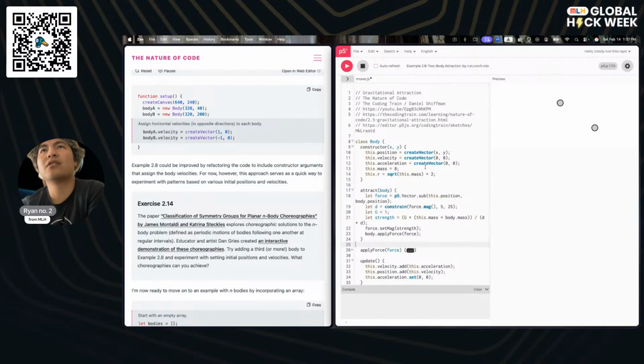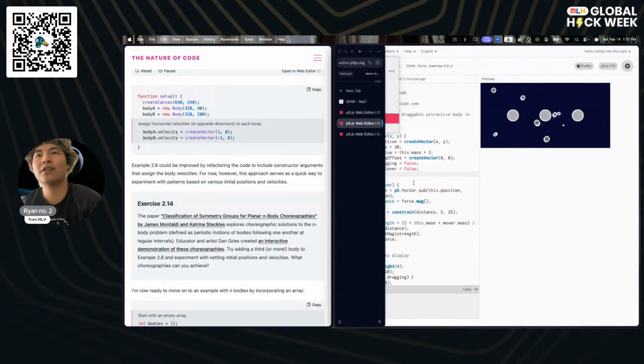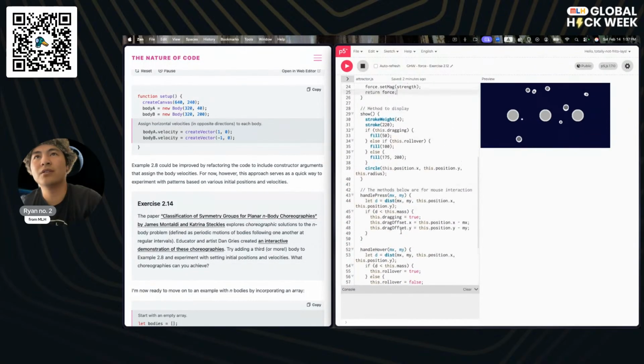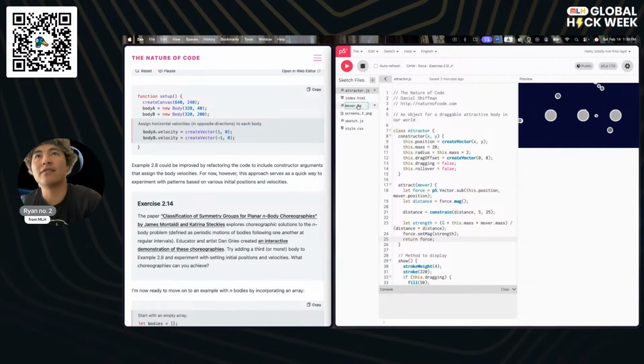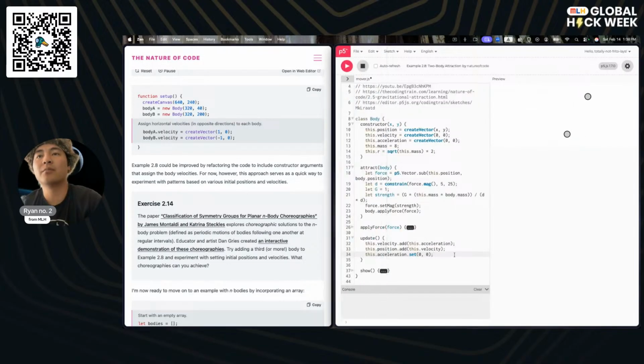I'm not sure why. I'm guessing, no, this was indeed written by Dan Shiffman. This is interesting. This is a different programming style than the way we've been doing updates so far, because I'm pretty sure we would do update usually. Yeah, attractor doesn't have update. Mover does. Yeah, mover. So I'm going to hop back over here. I'm going to replace this with mover. Let's just see if that continues to work. Yeah, that continues to work. We're going to do that just so that we're consistent.